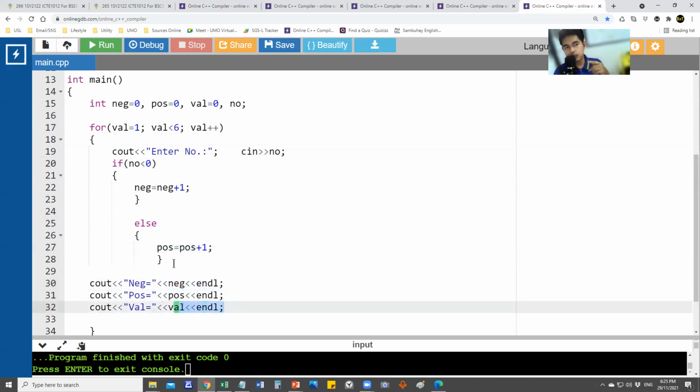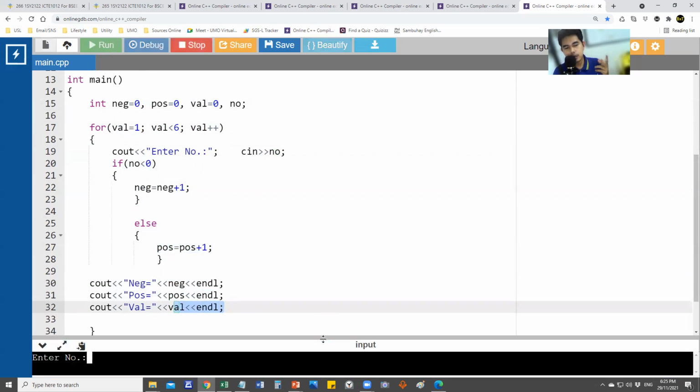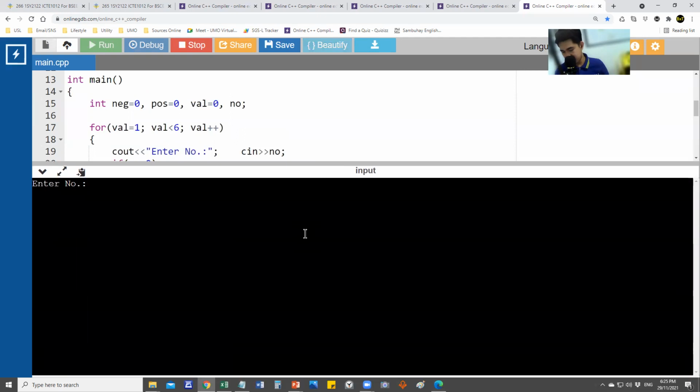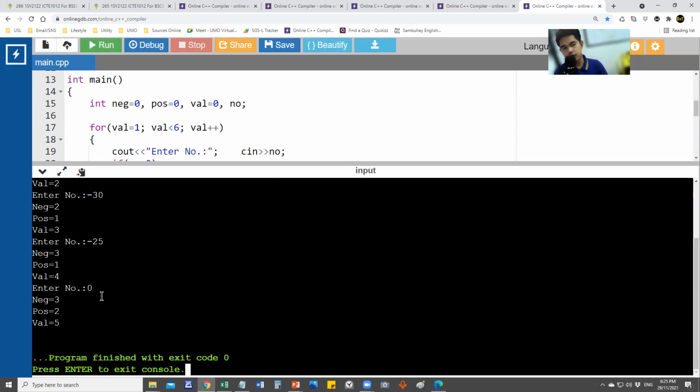I-check natin. Tignan natin kung anong mangyayari pagka ganun ang ginamit natin. Enter number 55, that's positive. Okay. Next, negative 25, negative. Negative 30, negative, dalawa na. Okay, isa pa rin. And then, 25 ulit. Apat yung number. Pero tatlong negative doon. And then, 0. So, yan. Ito yung ating